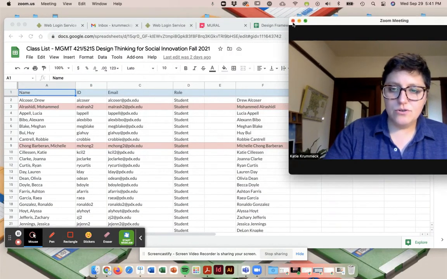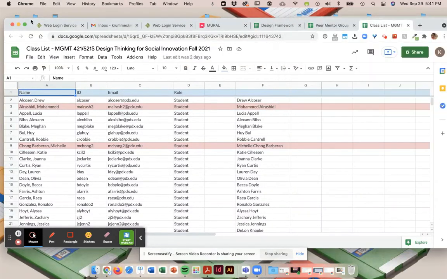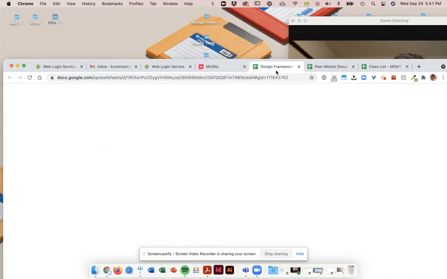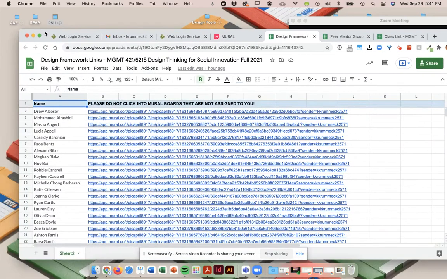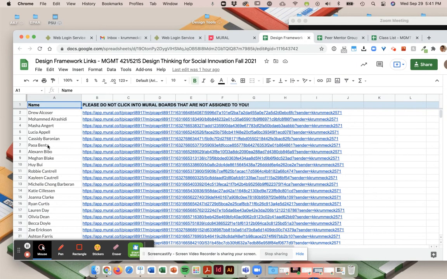So you should see this. This is actually the class list. So you go to this design frameworks link. It is in the syllabus, and I'll send out a link also over D2L. You should find your name in this list, and there are links here to individual workspaces, so that I've made them for you. They're each your own kind of private space. And when you click into one of those spaces, you're going to see